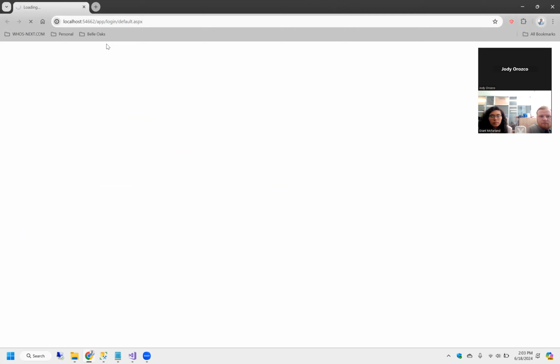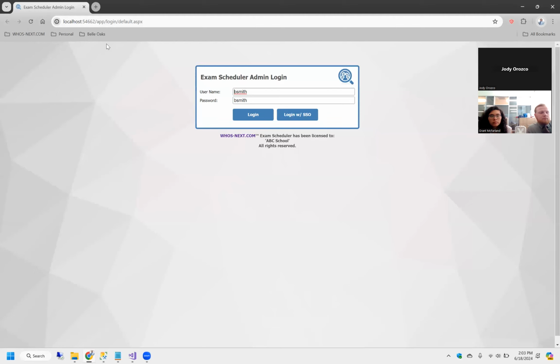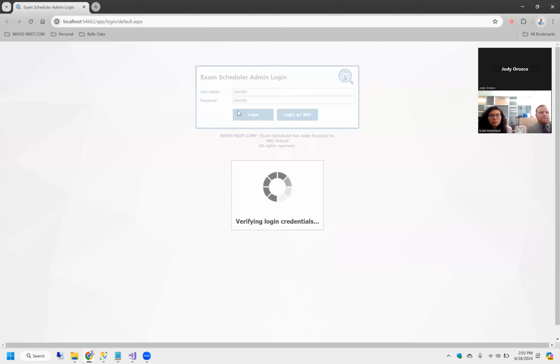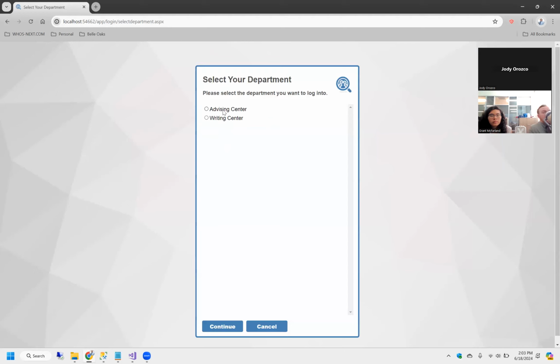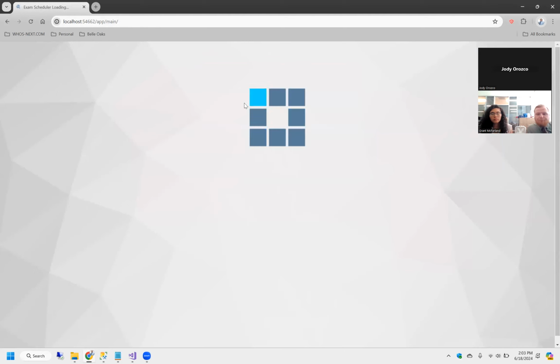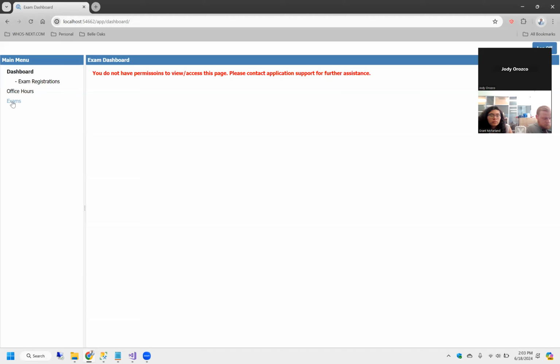Sorry, every time I run the application on our side and Zoom, it kind of slows everything down. So this is obviously hitting one of our staging databases. This is not hitting your actual live database. Same premise. We're testing multiple departments, so you can go in there and modify multiple departments as you need. And so right here under exams,